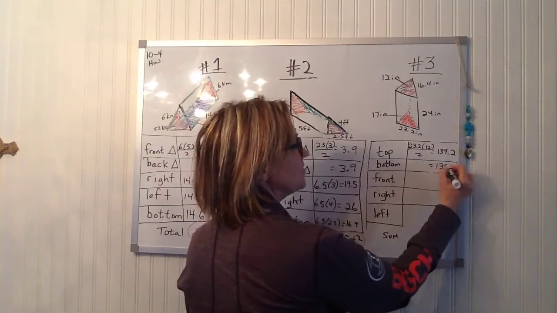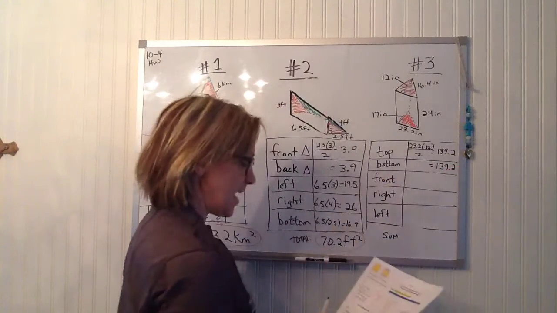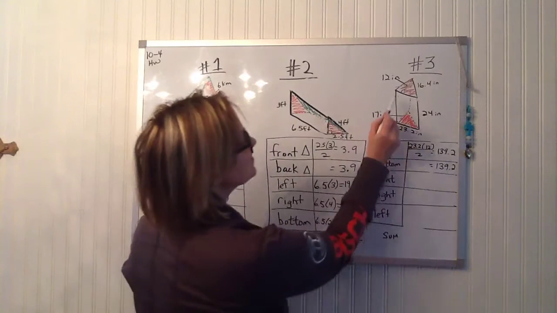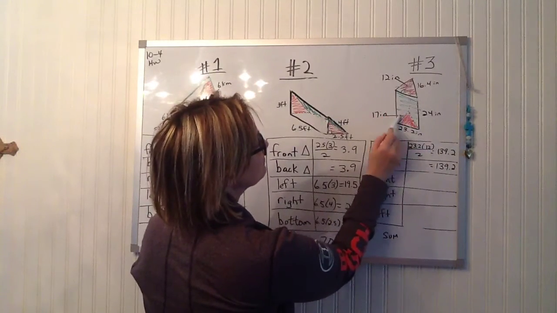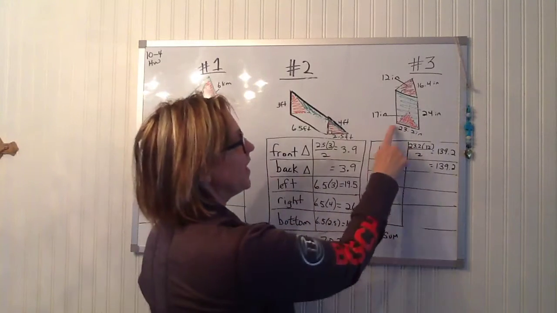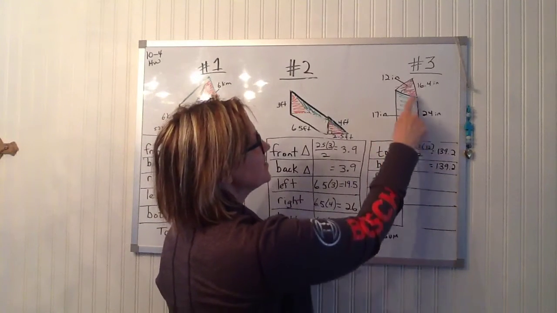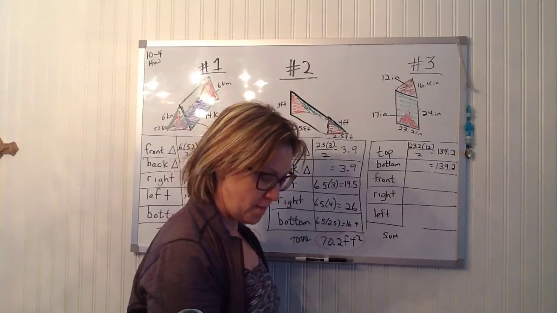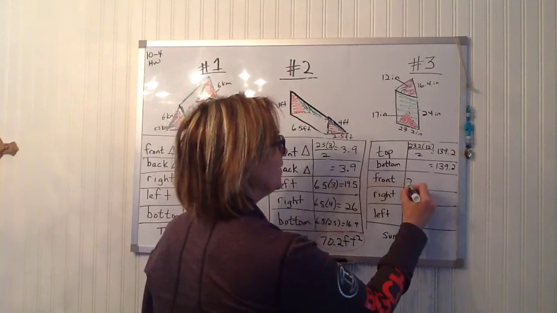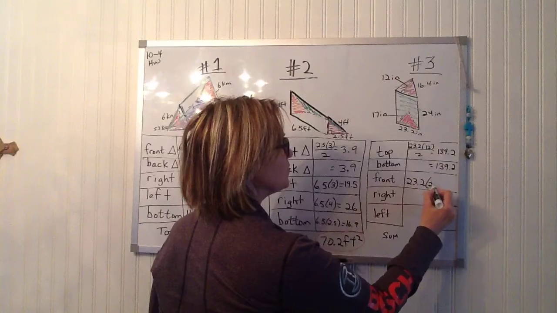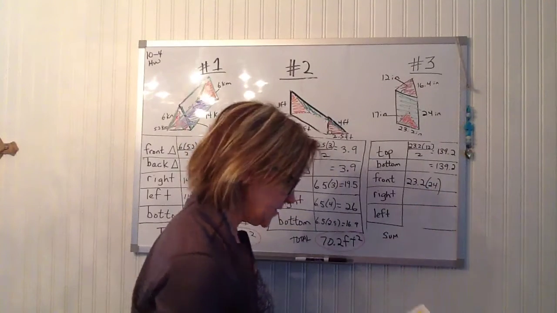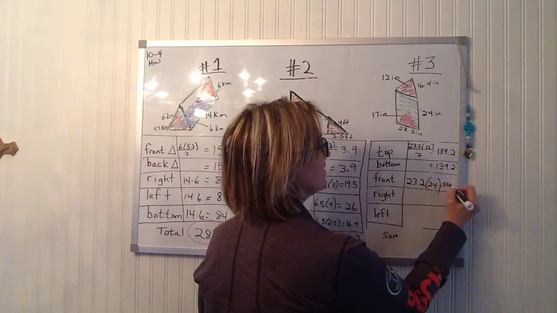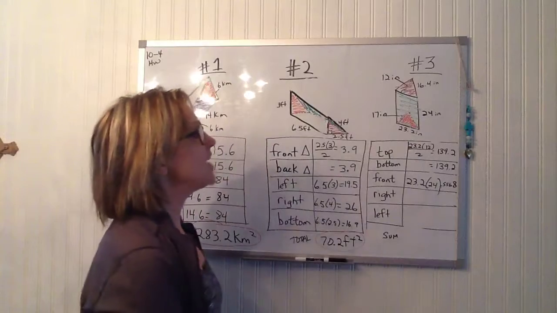I'll add that next dimension. The front, I am going to count the front as this rectangle here, that's the front. So as we can see, we have a width here, and this is the height here. So 23.2 times 24 is 556.8. The right side, I'm going to